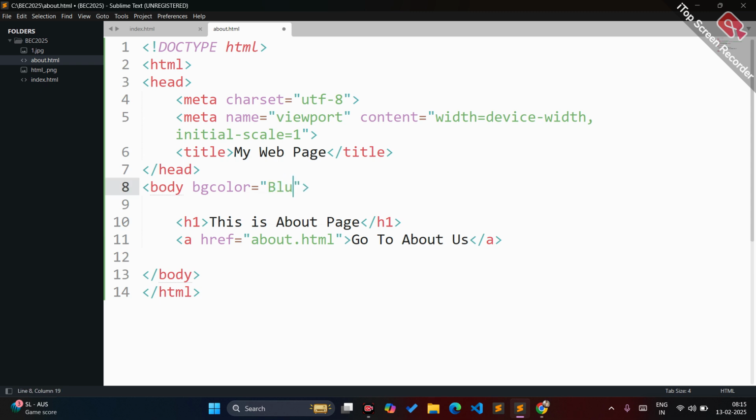I'll just change it. Let me just make it blue. Okay, let me just take light blue, and after this go to, okay, let me just say go back, and here the link will be index. So this is how I have created a new file called about and added the same things. Okay, and here I have created the bg color, and this bg color is applied for the overall